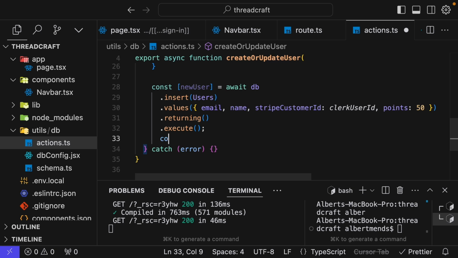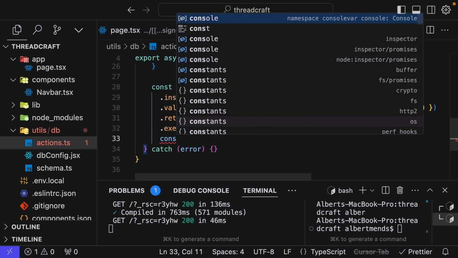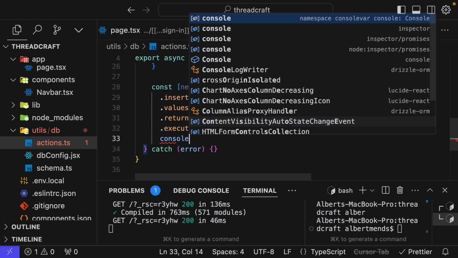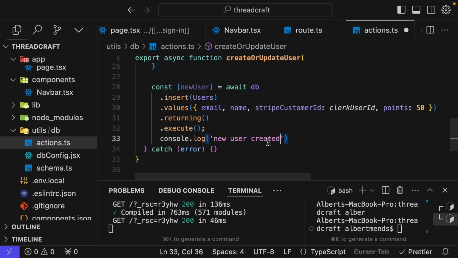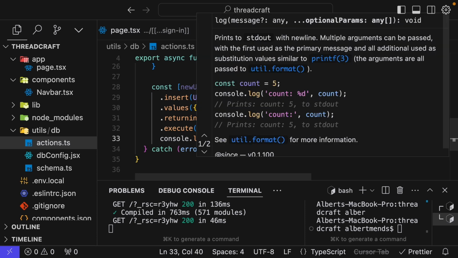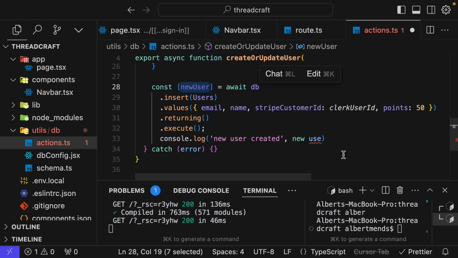And we are going to log the new user created to the console for debugging purposes. So console.log, and you have new user created. You have newUser, a new user object,